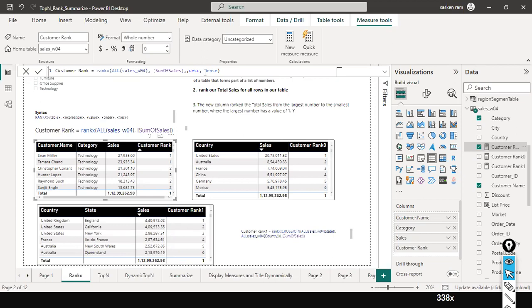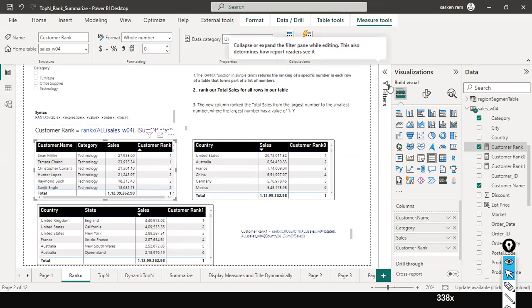Okay, the calculator icon, we can see that next to the customer rank. So that means it's a measure. It is not a table, not a calculated table. Okay. So as an exception, you can use the Rankx as part of your measure itself. Okay. It is not returning a table. Fine. So hope you are able to understand these two things. And what we will do is,